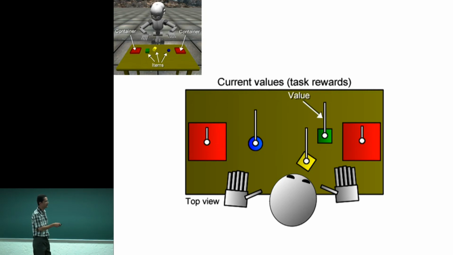So here is the same task. Here we can see a top view of the table. And for each object, this bar represents the value of that object, okay? So in this case, because the robot is trying to grasp an object, the value of reaching an object is higher than reaching, for example, a container, okay?